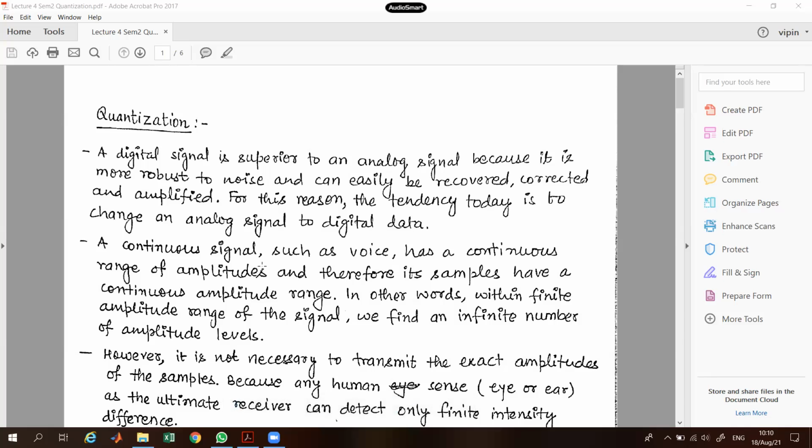Morning, everyone. In today's lecture, we are going to cover the topic quantization. In the previous lecture, we have done sampling. So, for a digital system, we need to have sampling first, then followed by quantization. Then we do encoding, and then it is sent to the channel. And on the other side, the process is reversed, which I'm going to cover in the later chapters or lectures. So, in today's lecture, first of all, I'm going to explain what is quantization.